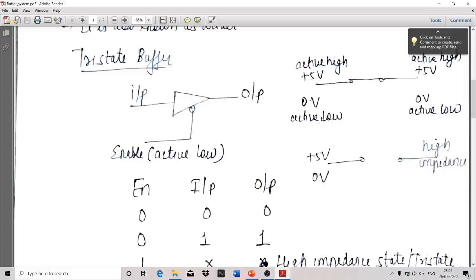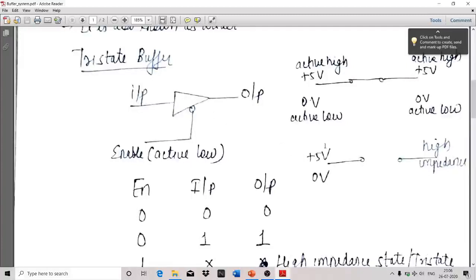Similarly, if you provide the active low signal at the input, then you will get active low signal at the output. Now if you give enable as 1, so 1 is going here, now it is converted into 0. Now 0 means what? There will be an open circuit between input and the output. When there is an open circuit, there is air, you can say, and you can call that open circuit as the high impedance.